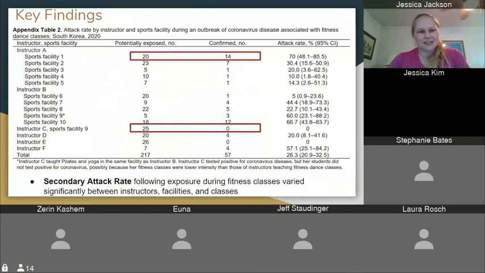And then, back more on topic, it is possible that she taught those on different days and that her immune system had started to kick in. The facility differences are still a possibility, particularly if you look at Sports Facility 9. The instructor who was teaching there infected 3 out of 5, and she only had 5 students to begin with.